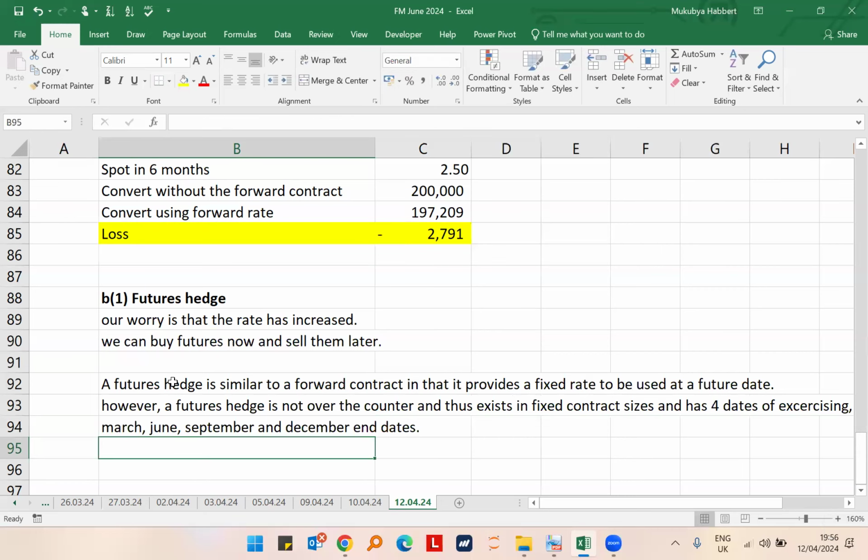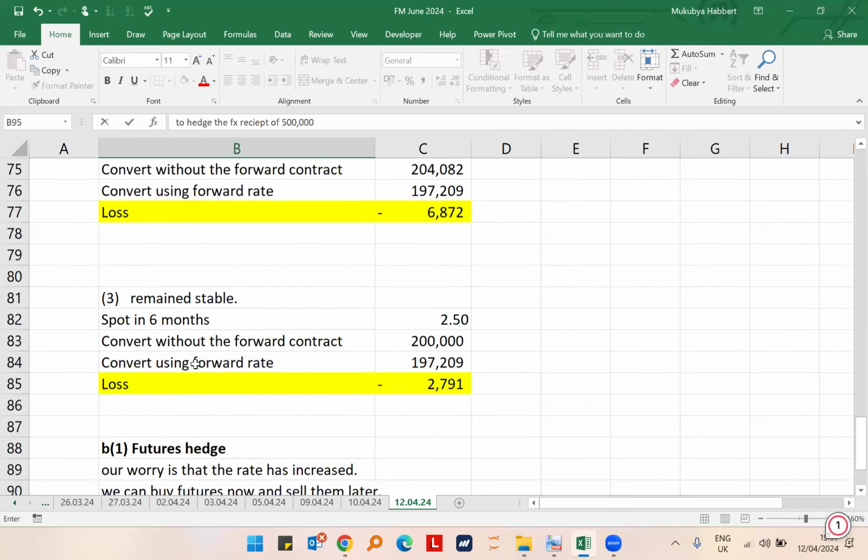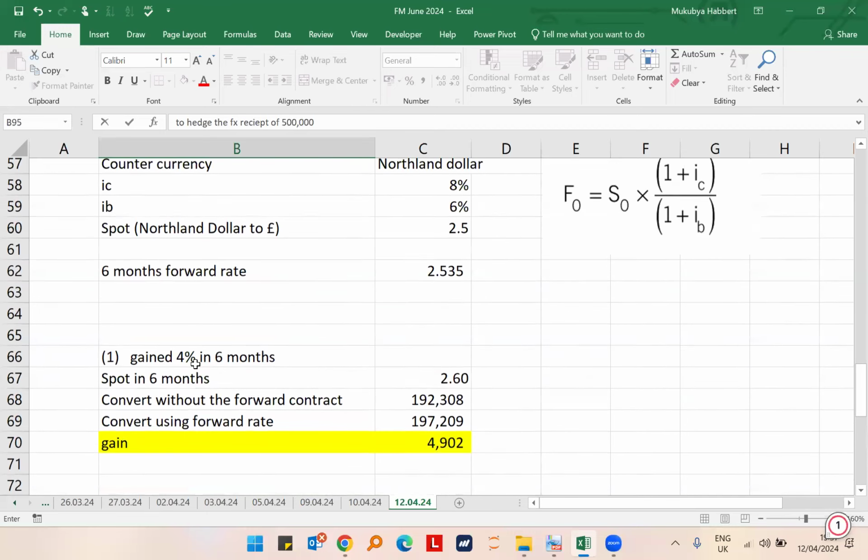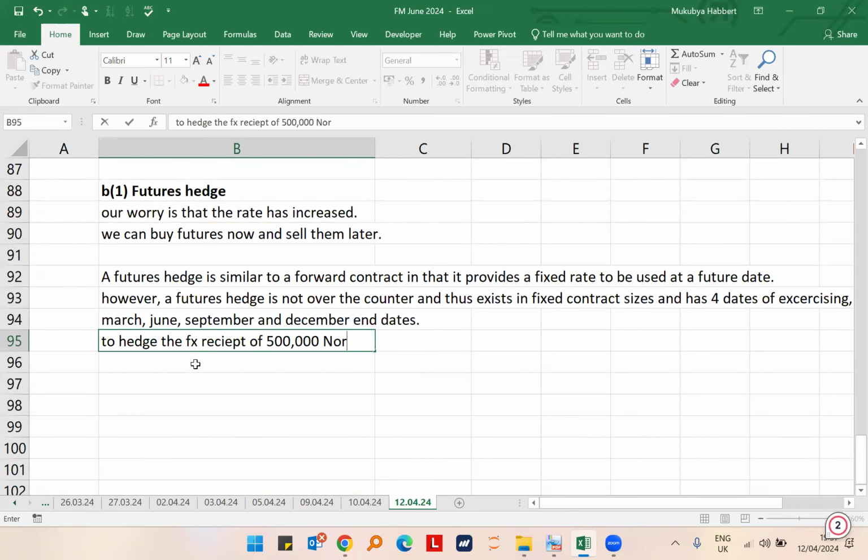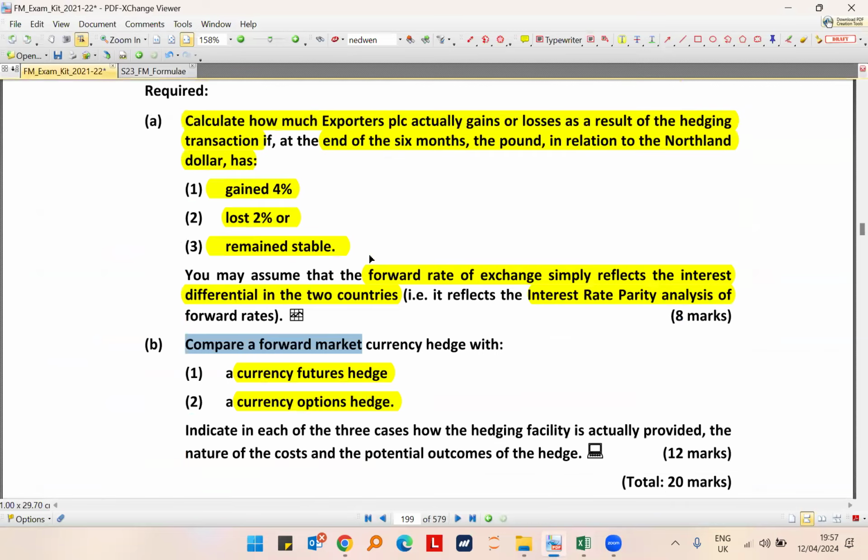Now we can say, to hedge against the FX increase, or you can say to hedge the FX receipt of 500,000. These are dollars which are called Northland dollars. Then you can say you need to put in the company, Exporters PLC,